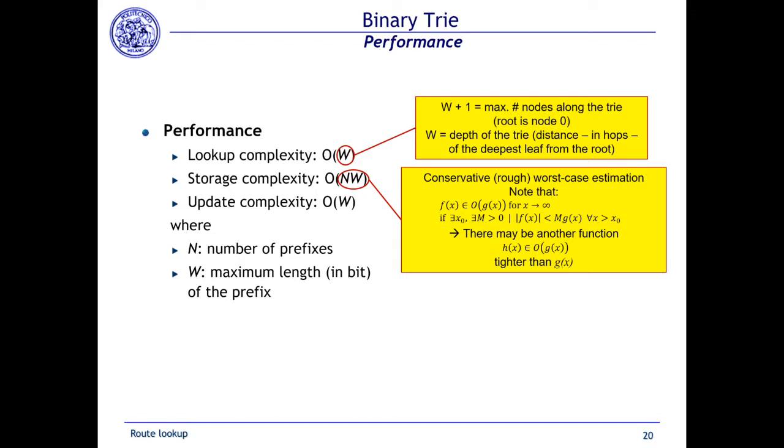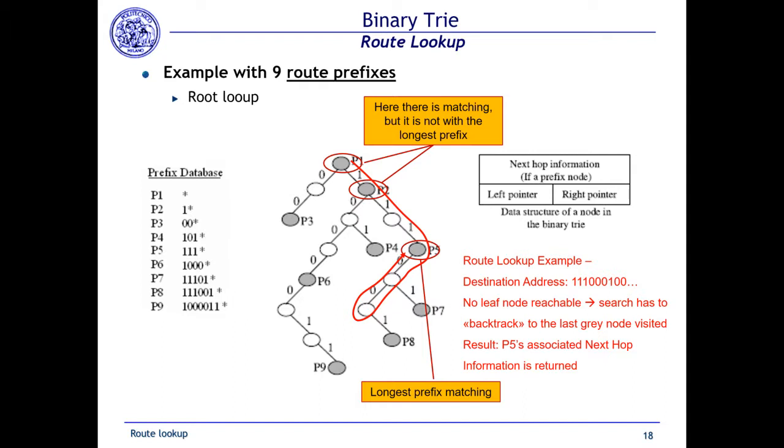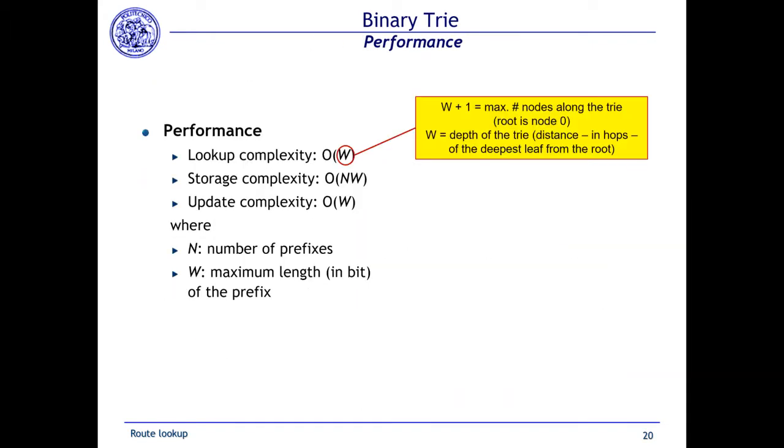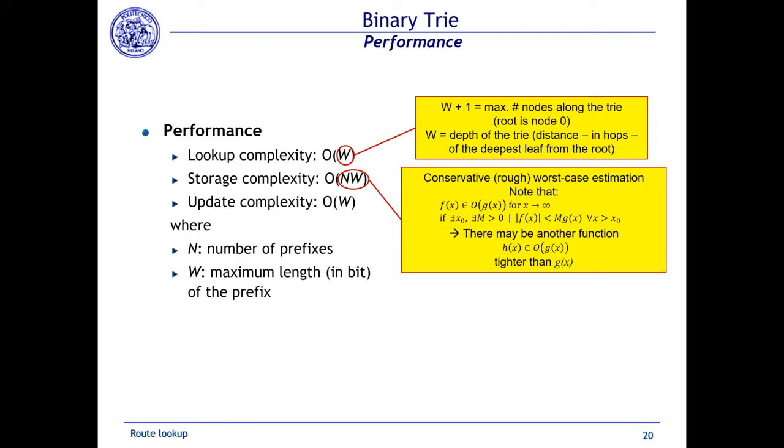The reason why the lookup complexity is big O of W is very simple, because each time you have to make the lookup operation, you have basically to follow a path along the tree, and the longest possible path is composed of W steps, okay, W arcs. The storage complexity is more complicated, we will see in a minute. And the lookup complexity